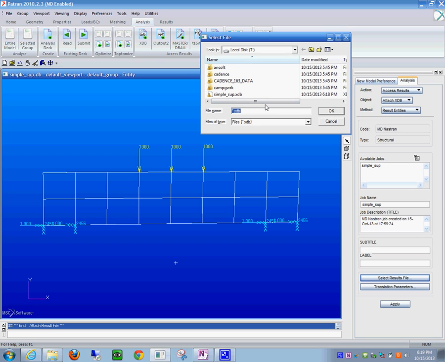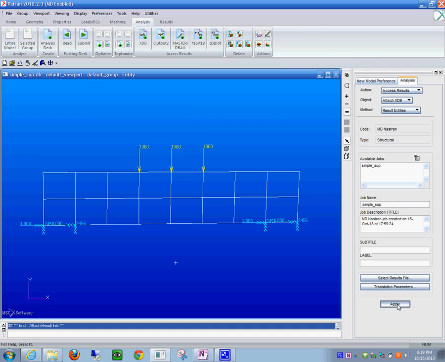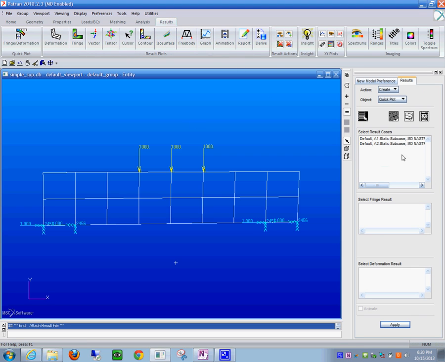If it isn't, then see, there it is, simple supported beam, and we say okay, apply, and the computer attached the file to the program. So we have access results. We have finished the calculations. We did the access results, and now on the results file I am going to look at the